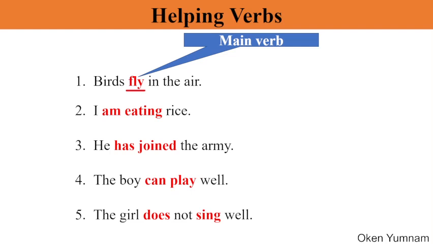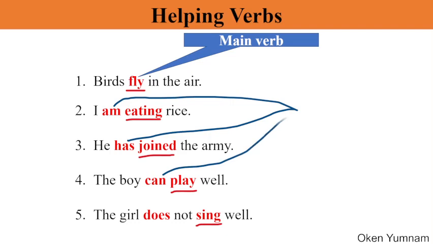But if you look at the remaining sentences here: I'm eating rice. He has joined. The boy can play well. The girl does not sing well. Here these are the main verbs: eating, join, play and sing. And apart from the main verb, from number 2 to 5 we have got